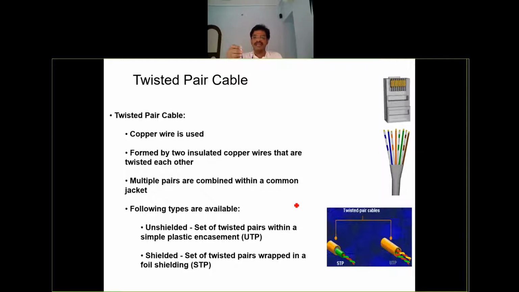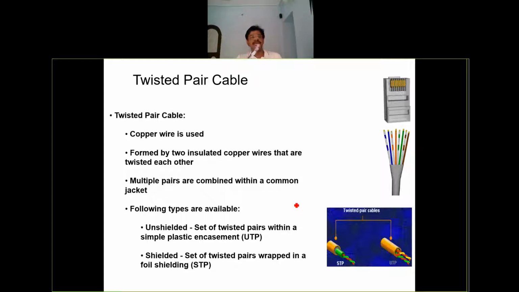These are the RJ45 connectors, and a specific branded cable costs somewhat more than the unbranded cable. For branded cable, they provide the typical specifications: that they operate at the specified temperature, the performance associated with the conductor, and the attenuation offered per kilometer for the copper conductors. Based on that, the quality of this unshielded twisted pair cable depends.